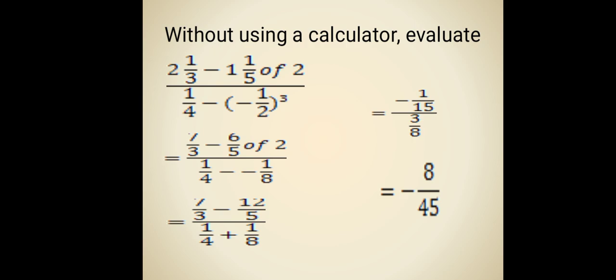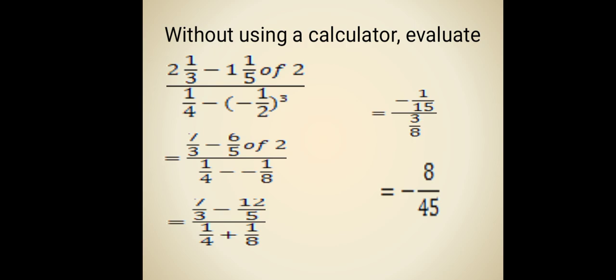Without using a calculator, evaluate 2 and a third minus 1 and a fifth of 2, all over a quarter minus the cube of a half. Now we work the part of first for the numerator. The numerator we work the part of, the cube of a half first. Now if we work it out, we come and get, we have